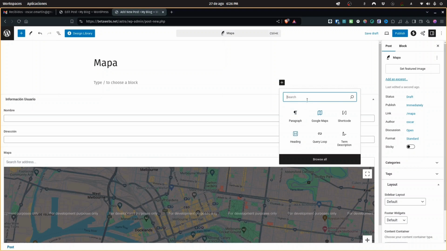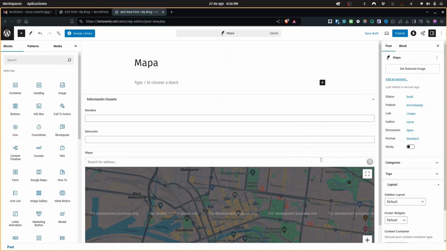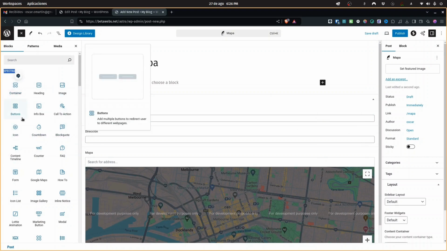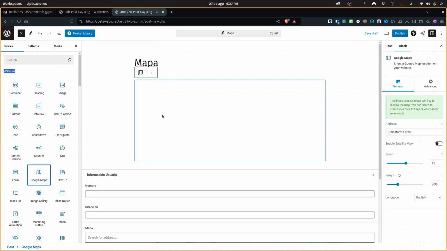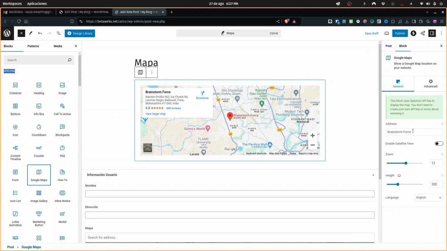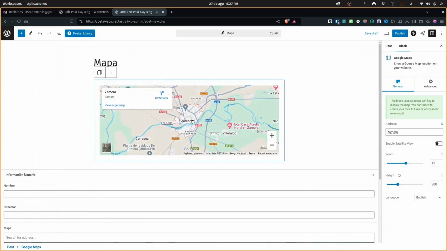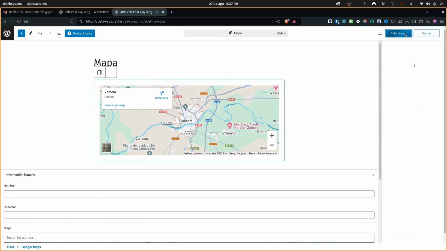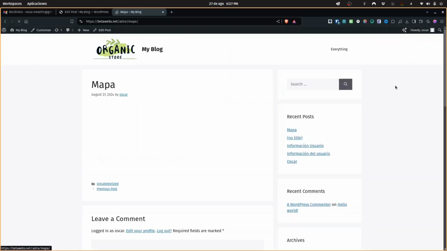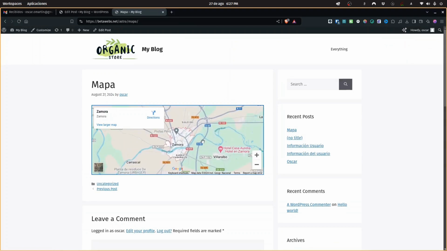Furthermore, here we are going to add, you see it says Google Maps. If I open it completely, you can see that we have a few Spectra blocks. And among all these blocks is the map one, which when added, on the right will ask us to enter the address. For example, I will simply put Zamora, and you can see that the map appears. If I publish, the map appears perfectly and without the annoying message that states you can only use it for